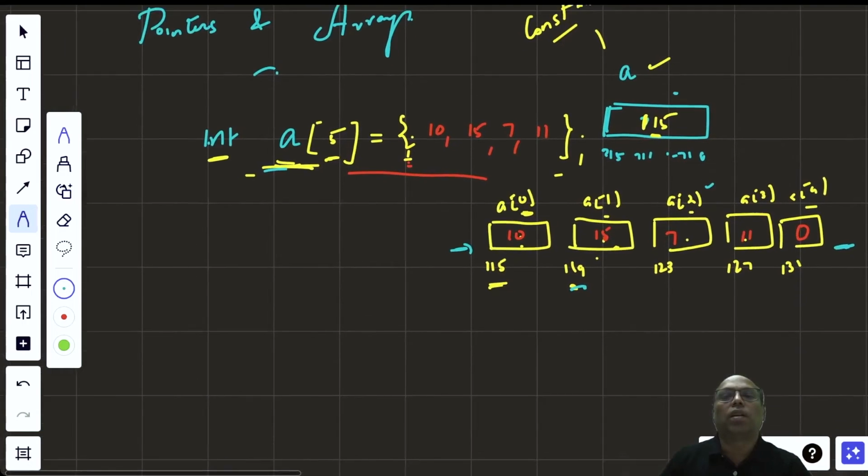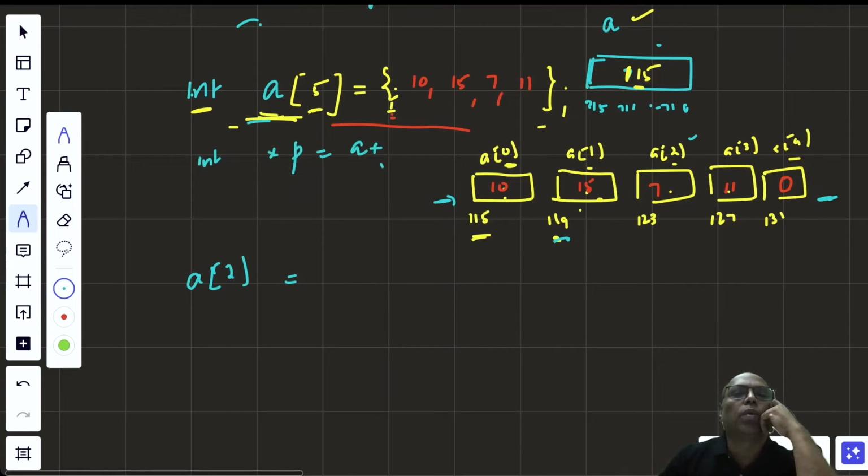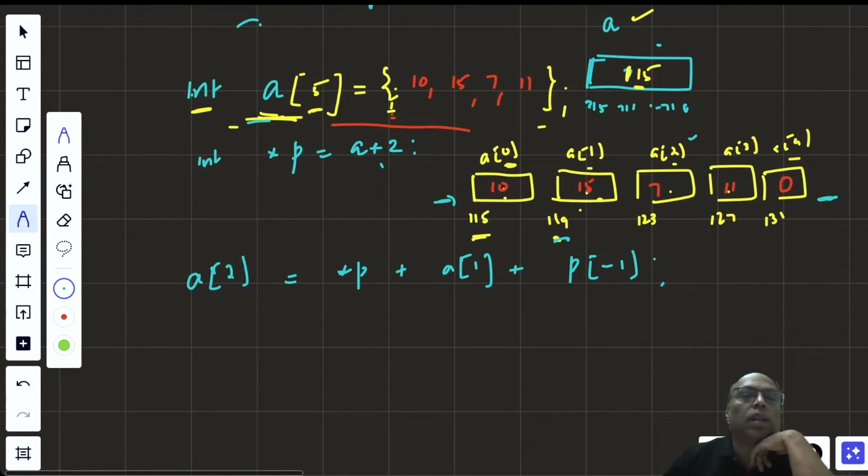Got this? I'm going to give you an example. This is what I've written. Please make a note of this. A of 2 is equal to star P plus A of 1 plus P of minus 1, where integer pointer P is equal to A. Next is star of A plus 4 is equal to,